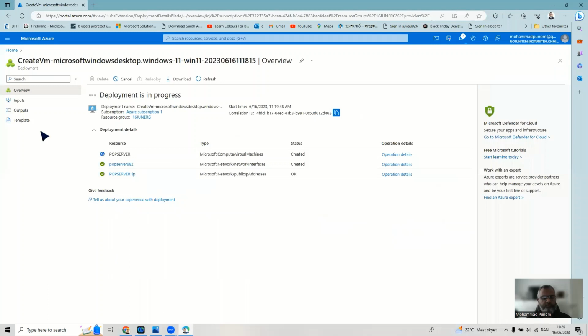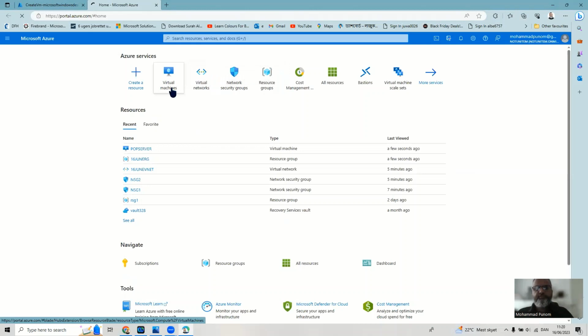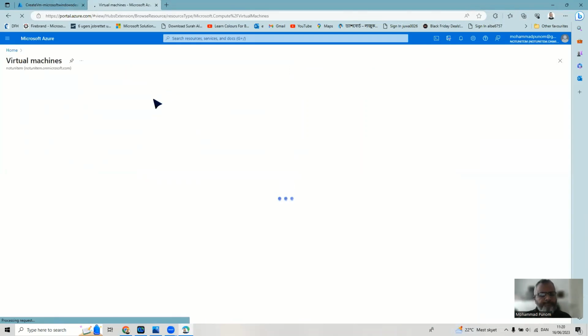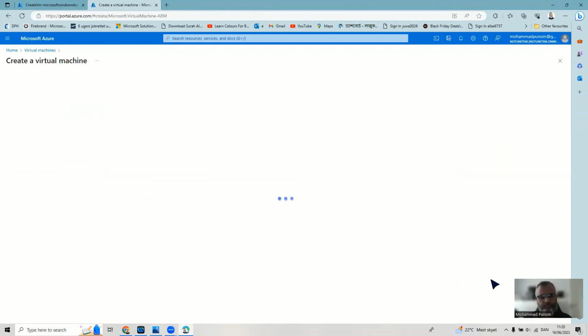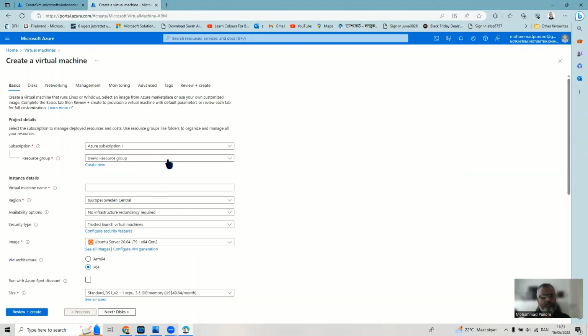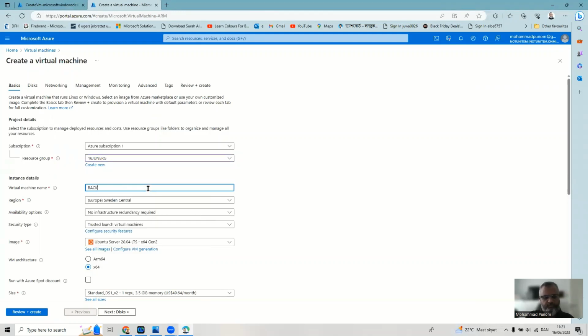Go back to the portal. I open another tab and create the second virtual machine, which is backend server. Virtual machines. We create Azure virtual machine. Pick up the resource group, give this name, backend server,